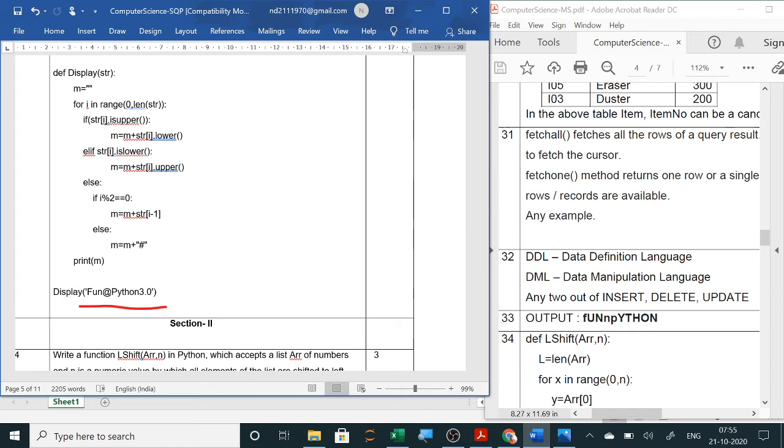If it is divisible by 2, then the character will be the previous one, and if it is not divisible by 2, then one hash will come in that place. So here you can see F will become a small letter as it is given, and the small letter will become a capital letter. Now next is where the at the rate will come, it will take the previous character.